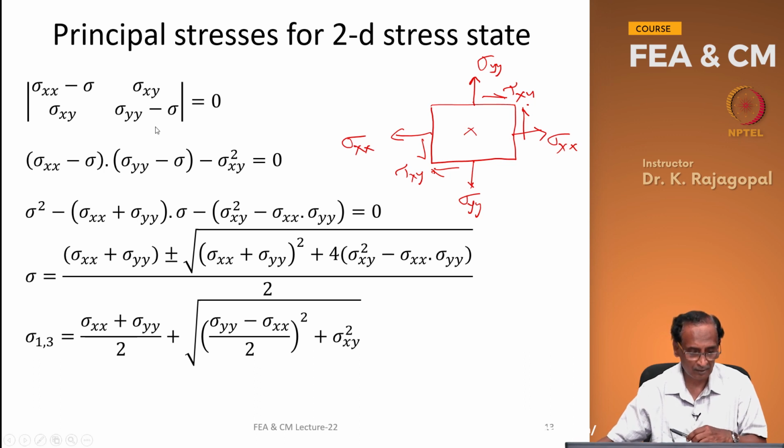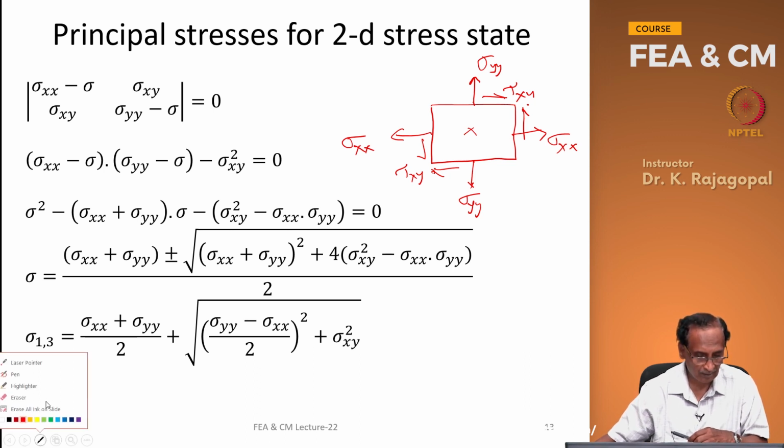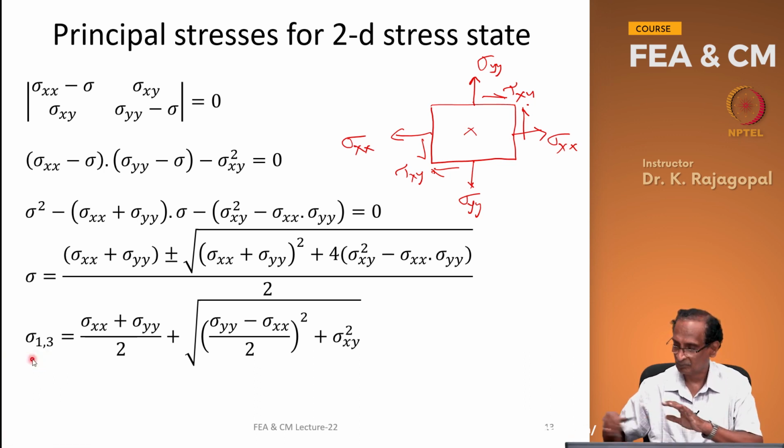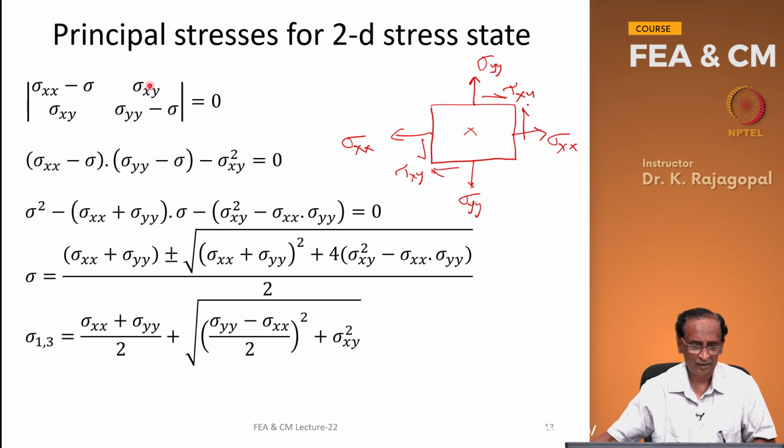So, this is our governing equation for getting our principal stresses. If you expand this, it is sigma xx minus sigma multiplied by sigma yy minus sigma, minus sigma xy square, is 0. And so, after simplifying,